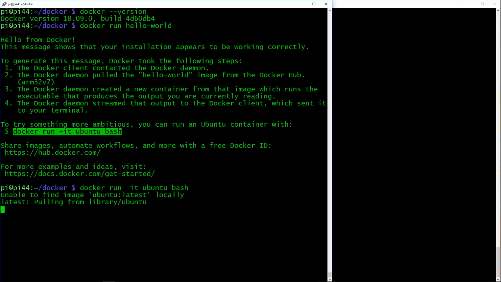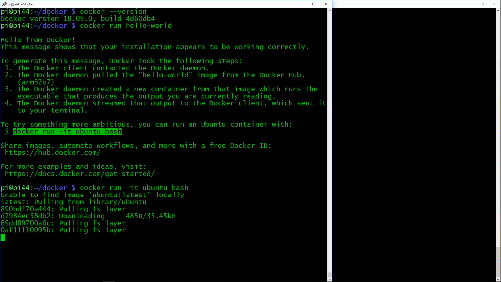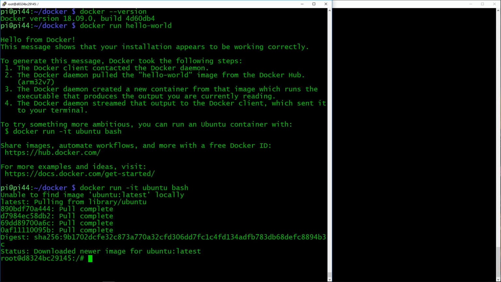And now, this is why I did this. I wanted to show it doesn't find Ubuntu because I haven't got the Ubuntu container. So it will automatically download it for us. That's absolutely brilliant. So this is now going to go off to a repository of containers, and it's going to download Ubuntu. And we'll talk more about that repository of containers in a moment. So let's just wait for this download to finish. Okay, so the download is finished,